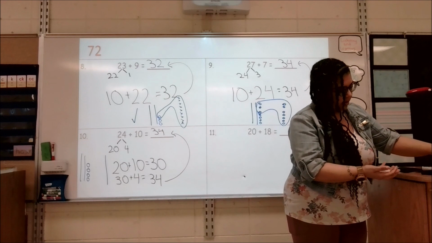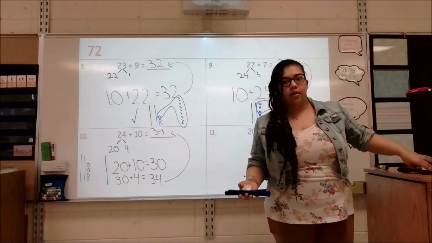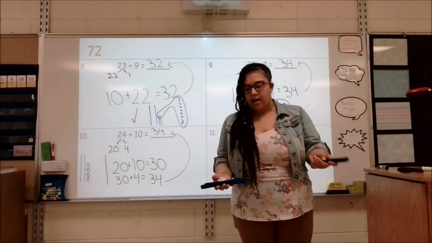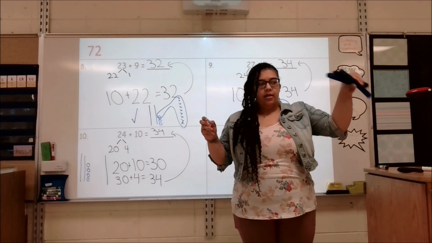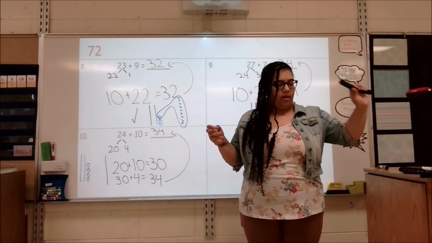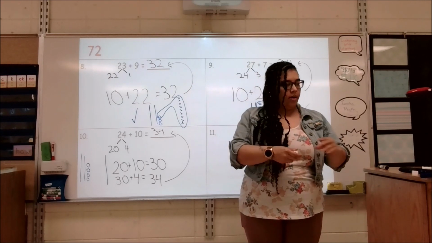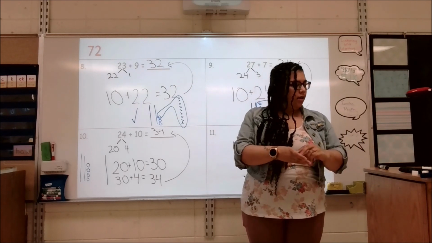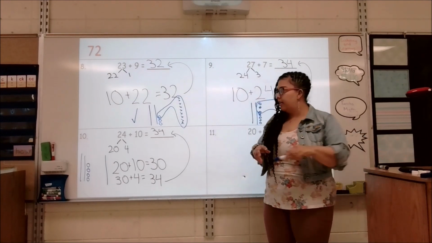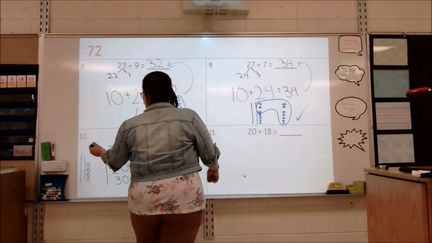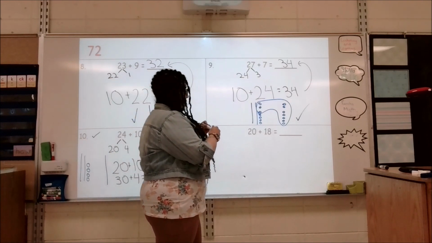So I started with 24 and 10. I put my 10s together in one group and my 1s in another group. 10, 20, 30, 31, 32, 33, 34. That means we did it right. Good job. We get a check. Ooh, ouch. All right, so this last problem,